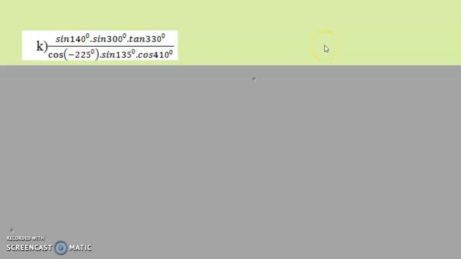Our question we are dealing with is sine of 140 degrees multiplied by sine of 300 degrees multiplied by tan of 330 degrees, divided by cos of negative 225 degrees multiplied by sine of 135 degrees multiplied by cos of 410 degrees. Right. The first thing I need to know and understand is that we will apply the reduction rules as we have